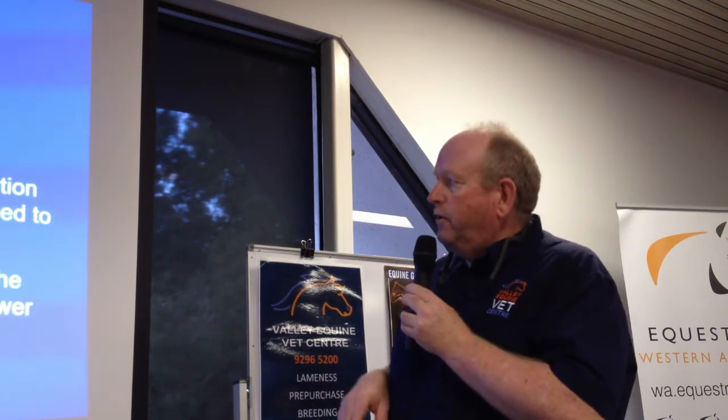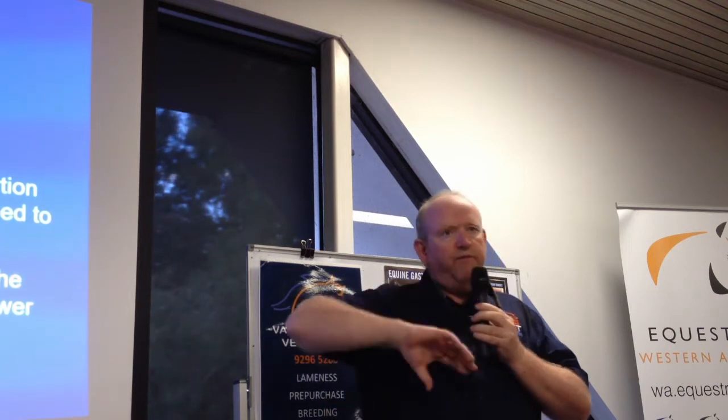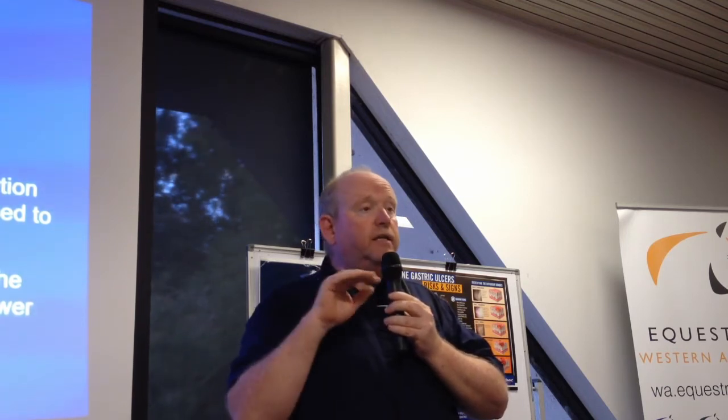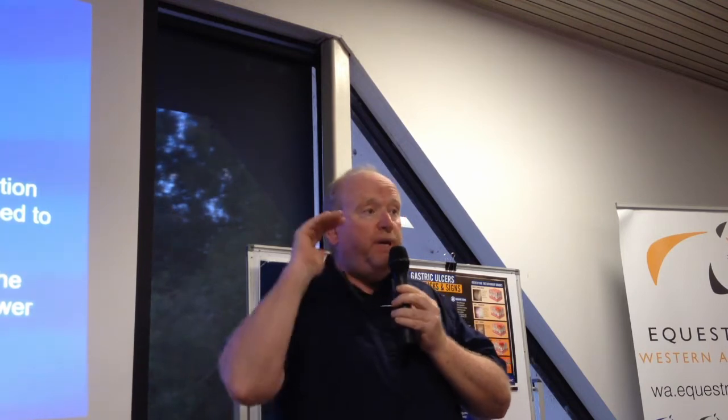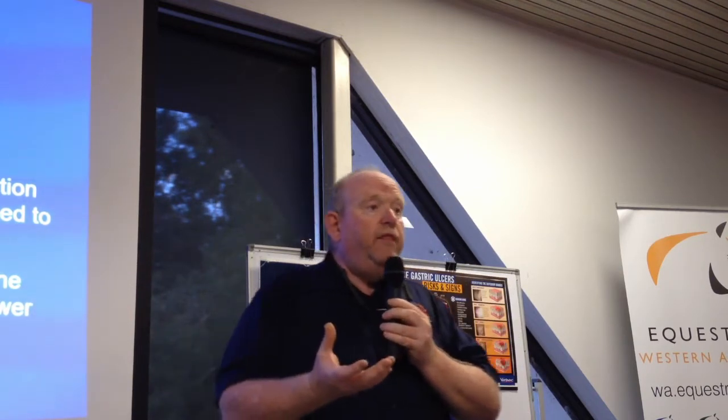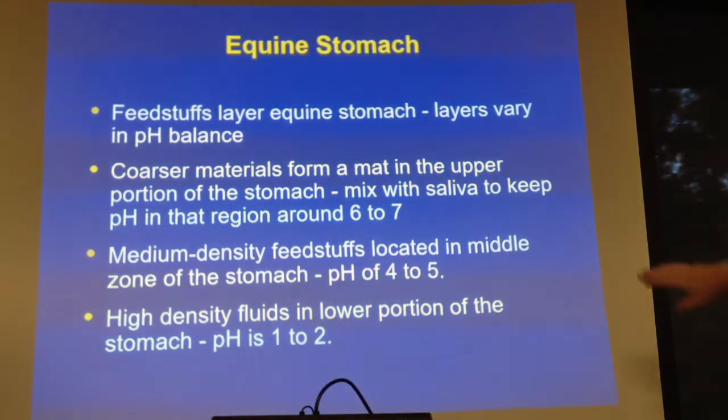The squamous portion, or the non-glandular portion, is not intended to be exposed to that stomach acid. So even though it takes up a fair bit of the stomach space, the way food gets layered in the stomach, the top layer where the non-glandular portion is, that's not supposed to be close to acid, is not actually in contact with much acid, and it has a very high pH, so it's not acidic. But as the food moves along in the stomach into the lower portion, it gets more and more acidic and exposed to more hydrochloric acid, and that area of the stomach is designed to be able to deal with that. So the coarser materials sit on the top of the stomach,